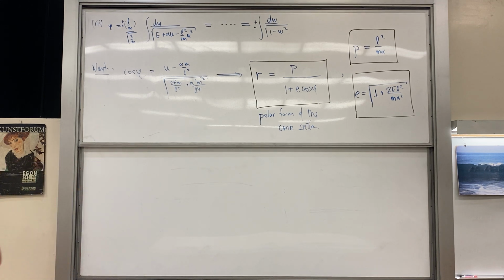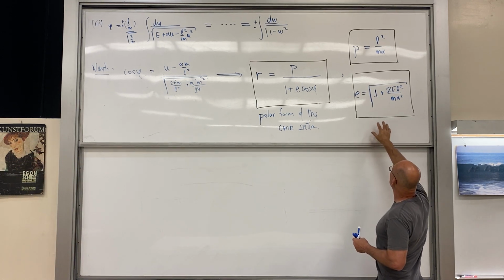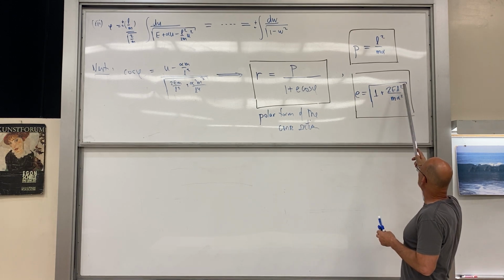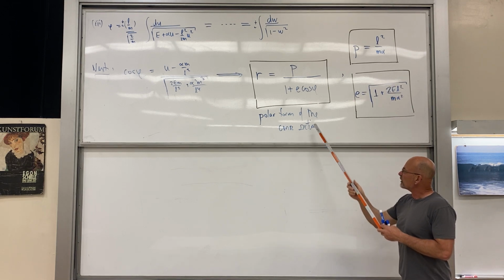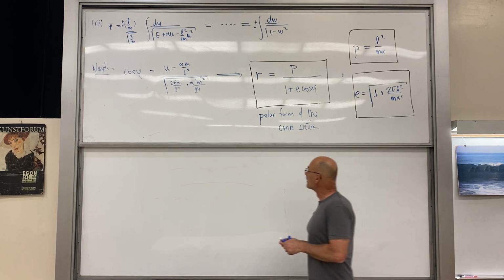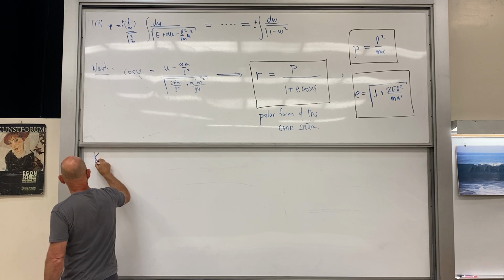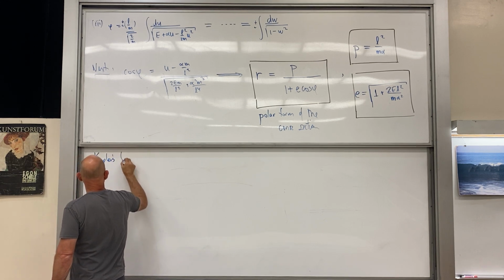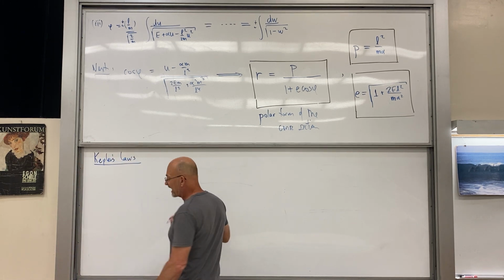So let's consult the clock here. Good. Okay, so from the polar form of the conic sections with these quantities here, our energy, our angular momentum, our Newtonian constant there, the mass, from these we want to find Kepler's 3 laws. So Kepler's laws. The first thing we have to do,